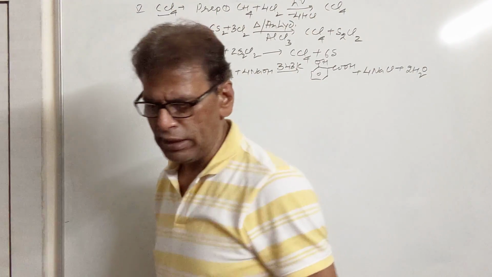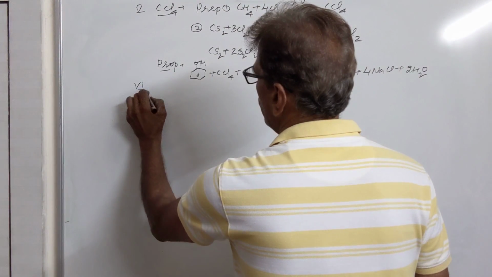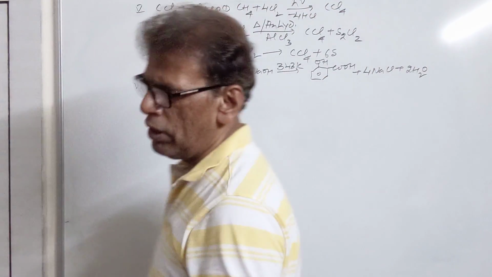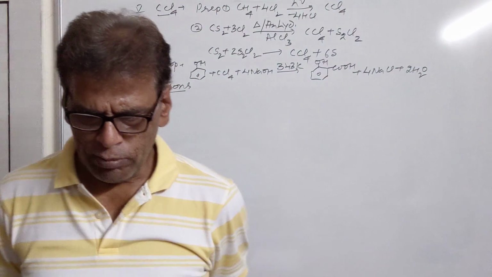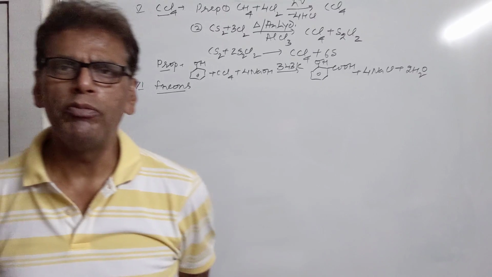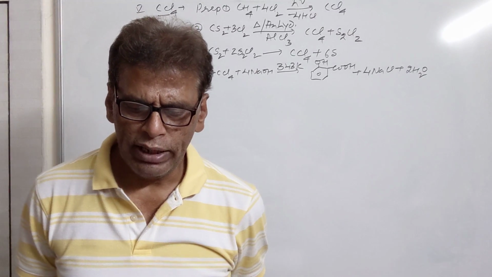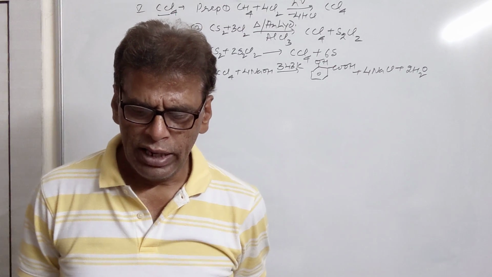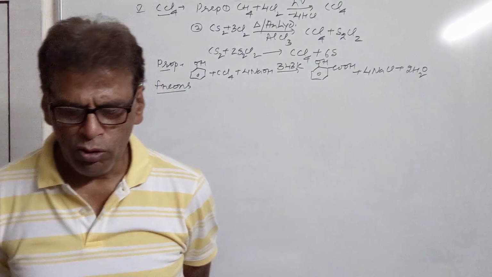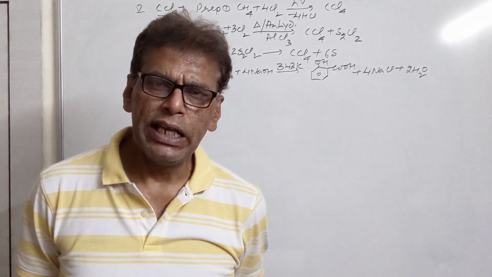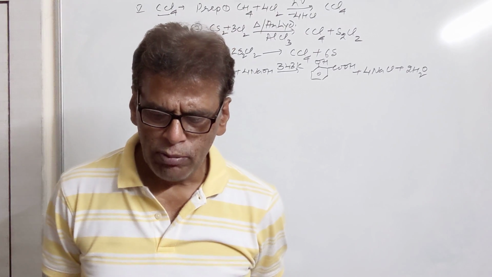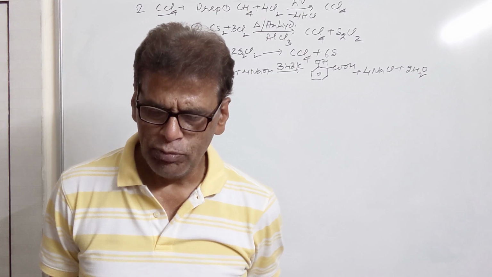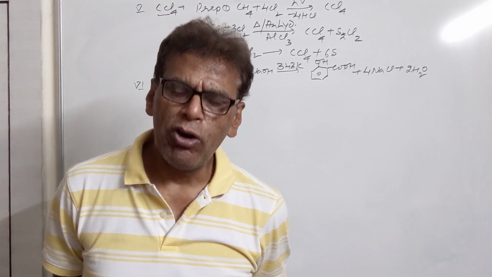Then after doing CCl4, we have the next polyhalogen compound, they are freons. Freons are chlorofluoro derivatives of methane and ethane. They are collectively called freons. They are extremely stable, unreactive, non-toxic, non-corrosive compounds. They are easily liquefiable. The most commonly used freon is dichlorodifluoromethane. It is popularly known as freon 12.